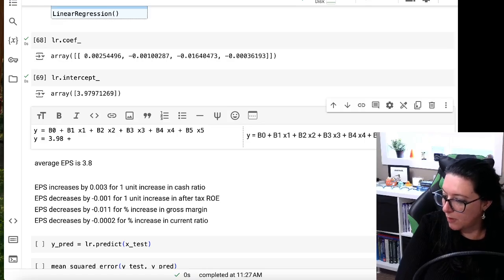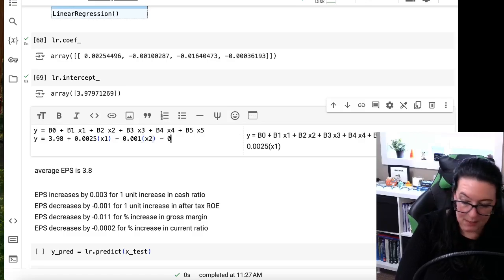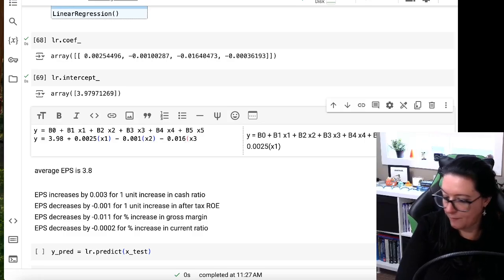3.98 plus 0.0025 times x1, whatever variable we put first in this formula. And then we have minus 0.001 times x2, whatever we put next, minus 0.016 times x3. What do we got? 1, 2, 3, 4. Plus minus